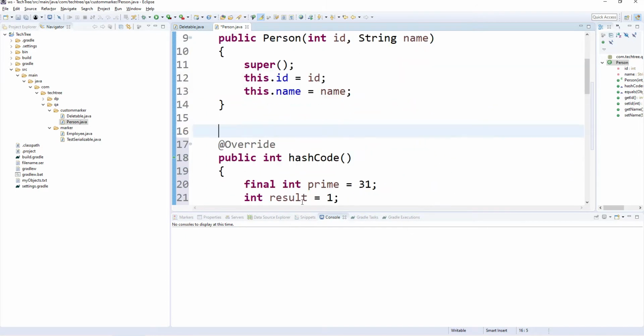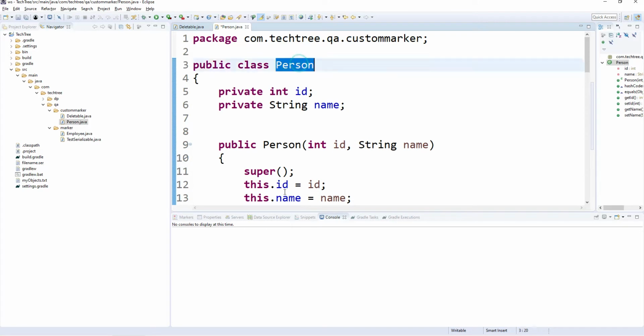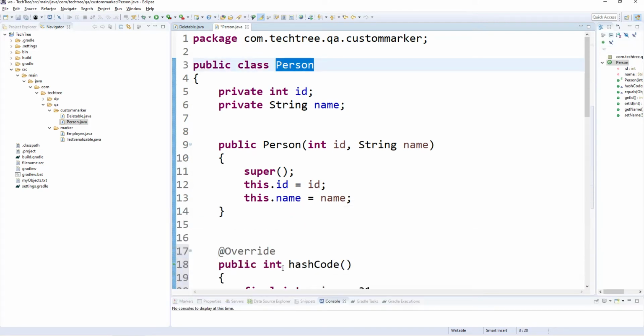Okay, fine, so this is our Person class. About equals and hashCode I will create another video. Here we will use only the custom marker interface.